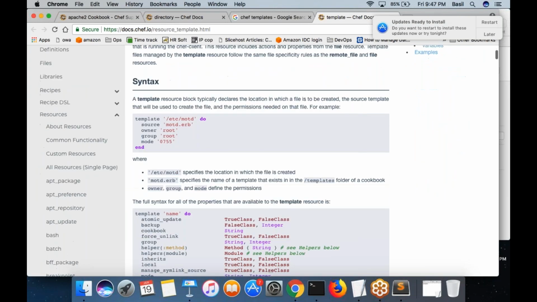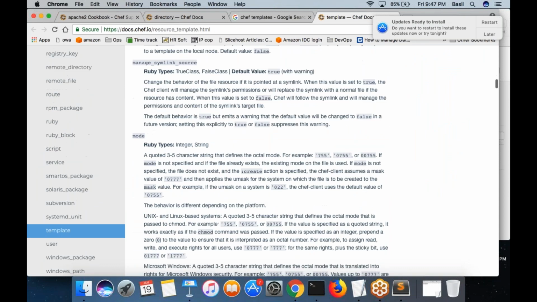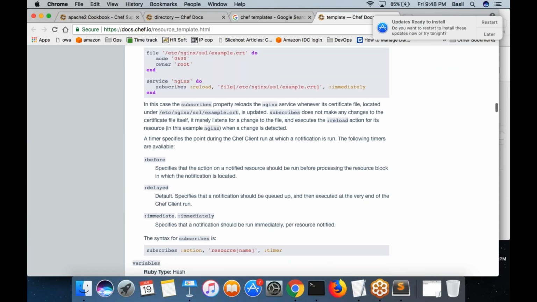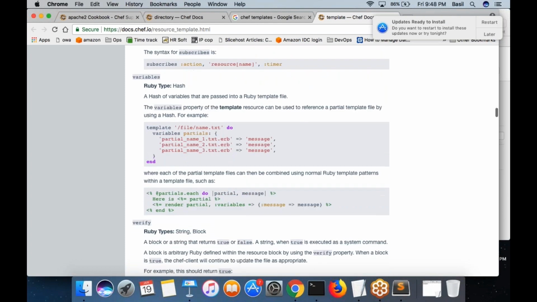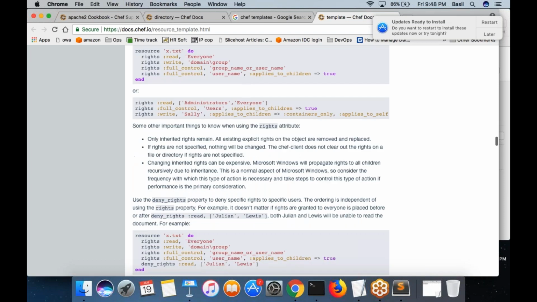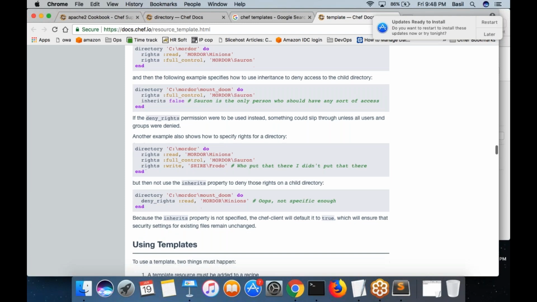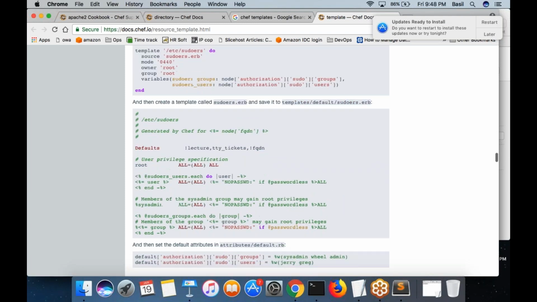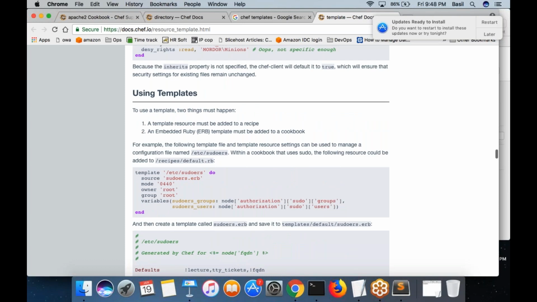Okay, so let me find the right example. Okay, you know this sudoers file, right?